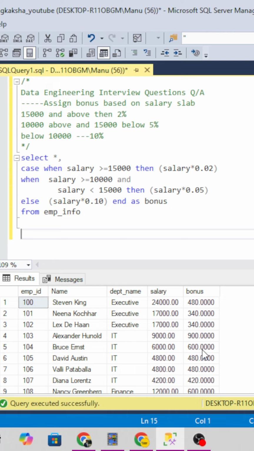salary credited. This will become the bonus for this month, but the total salary for that month will become salary plus the bonus. So for that, we have to use one more function here, salary plus that. If anyone asks for total salary or increase in salary, then you have to do the plus, and if anyone asks for just the bonus amount, then you just calculate accordingly.